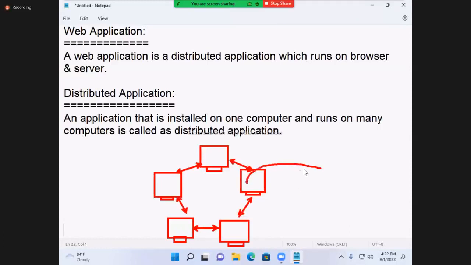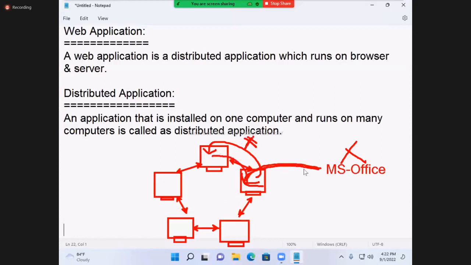Suppose on this computer I install MS Office software. Can I access this MS Office on another computer? Is it possible? No, it is not possible, because it is not a distributed application. MS Office installed on this computer can only be accessed on this computer. Beside system also not possible.